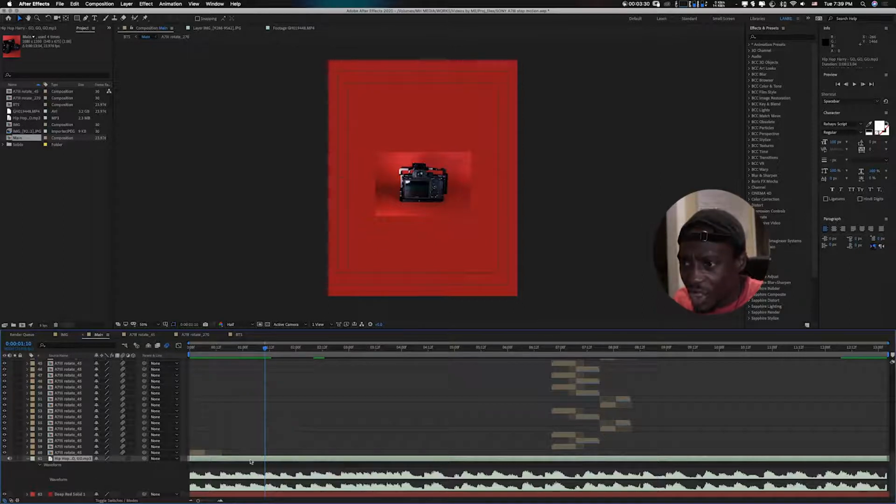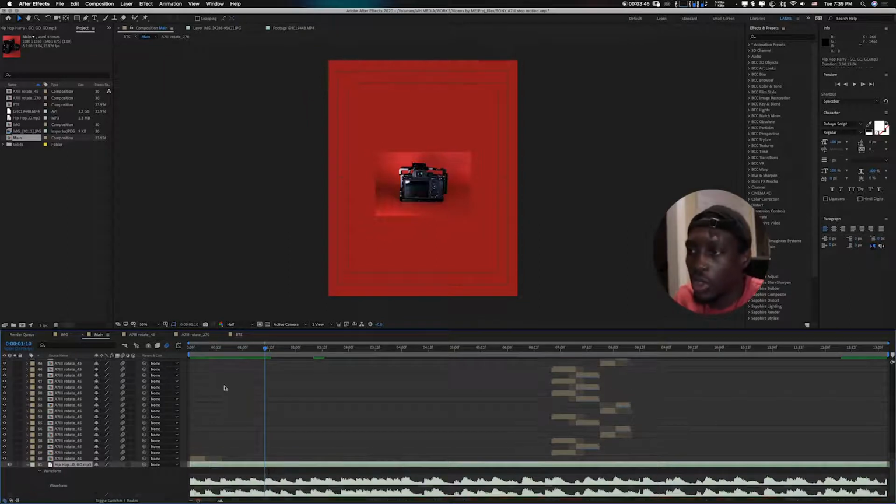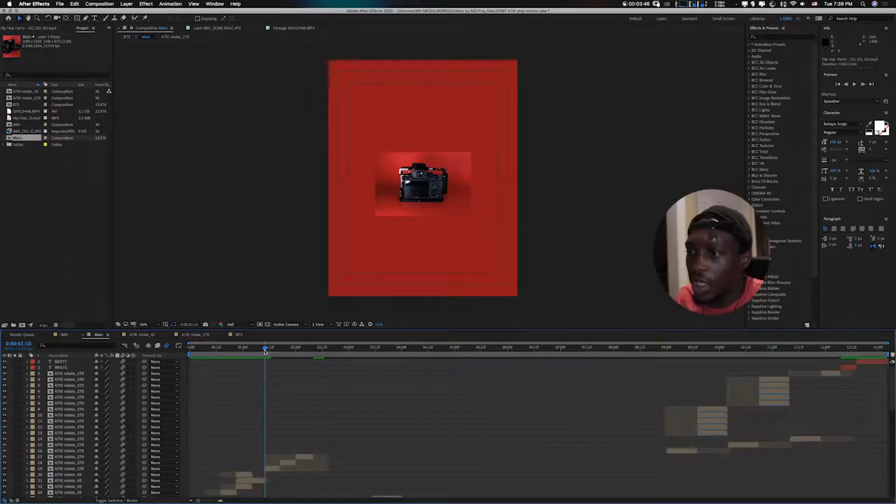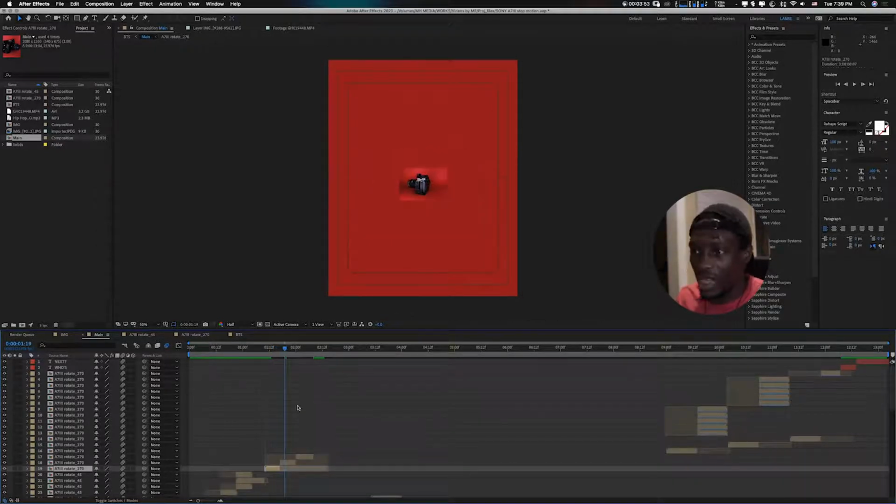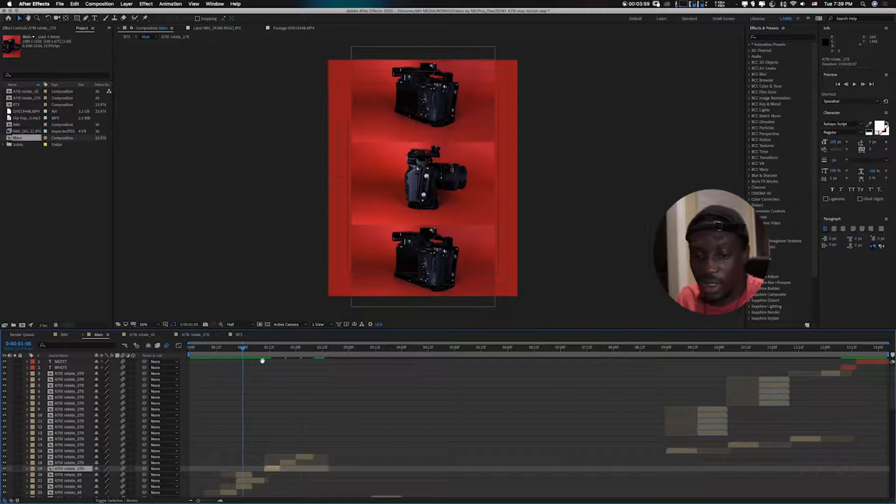When I saw that I had this waveform, you can see on places where it's high, you know that's a part you can cut to if you want to. It just depends on how you want it. But yeah, I duplicated it again, made it smaller, and next I made it even smaller, and I think the next one I made it even smaller. So you can see if I play back,